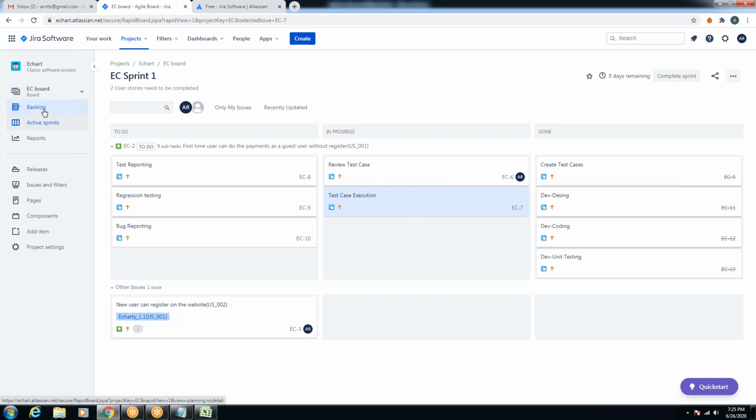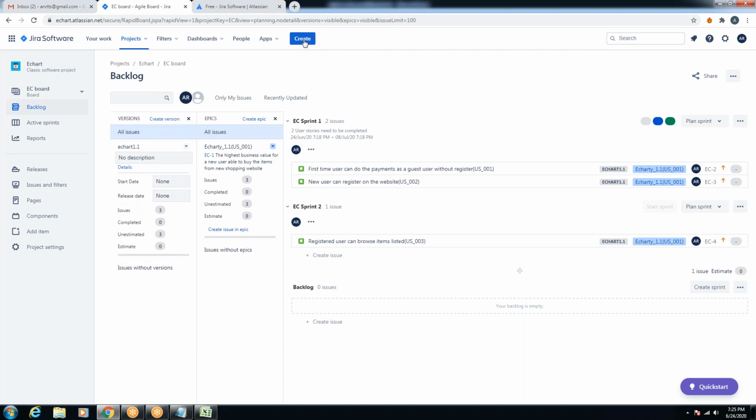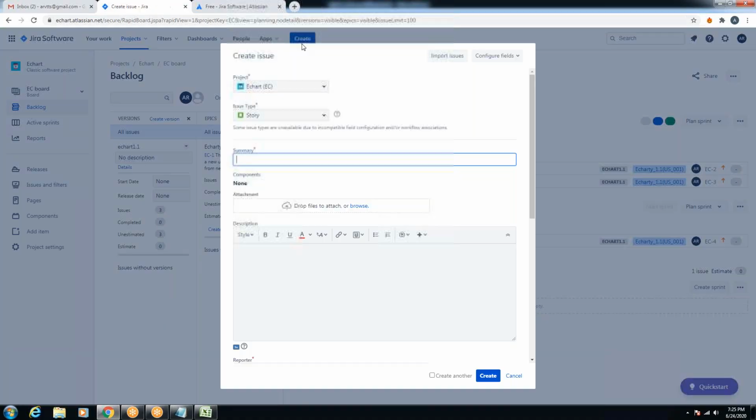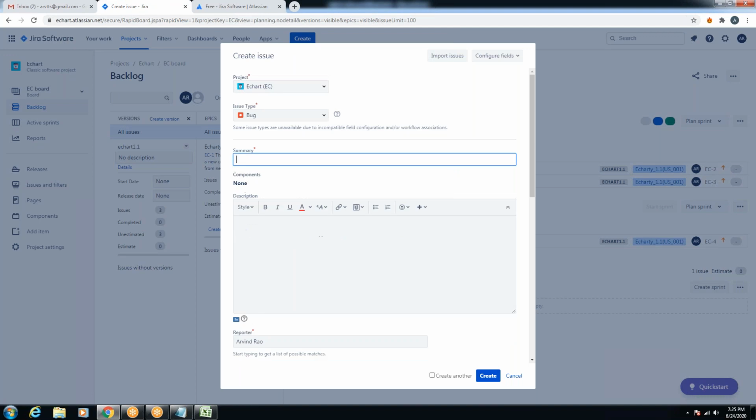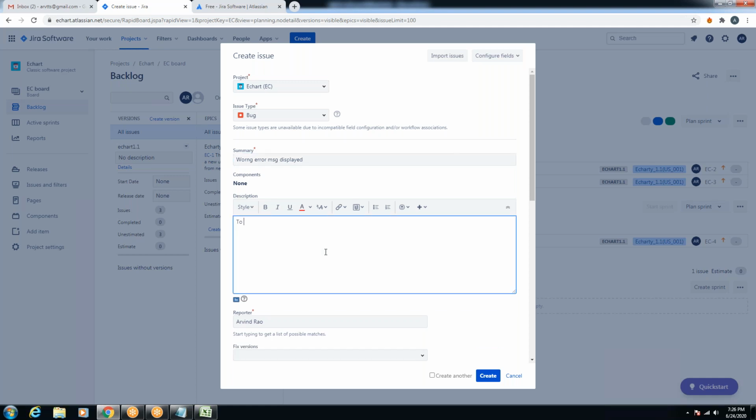Now what do I do? I'll go back to the backlog. I'll click on create. Now my issue type is a bug, where I'll be giving a summary of the bug over here, right? Now I'm not able to think about anything else. I'll be thinking about our previous examples issues only, right? Which we said, wrong error message displayed for our customer name, something like that. And the description is to display as